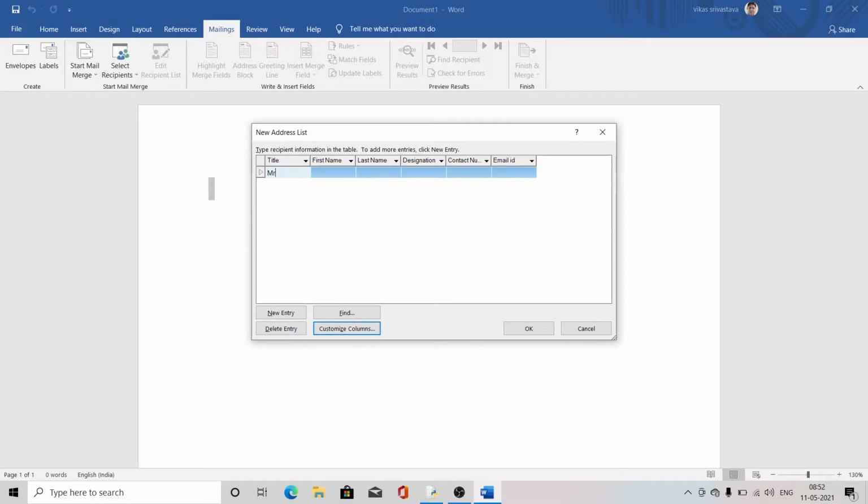Title is Mr. First name is Ratan. Last name is Srivastava. Designation is kid's. Contact number is this. Email ID is ratan@gmail.com.